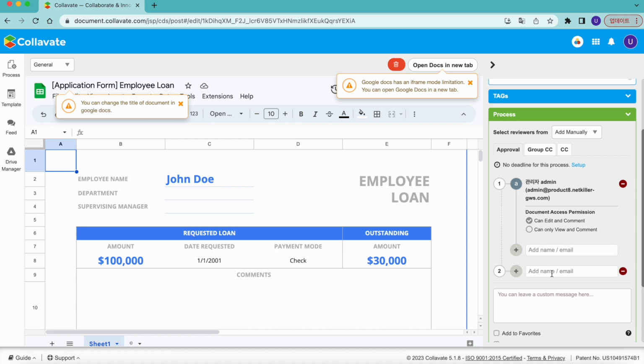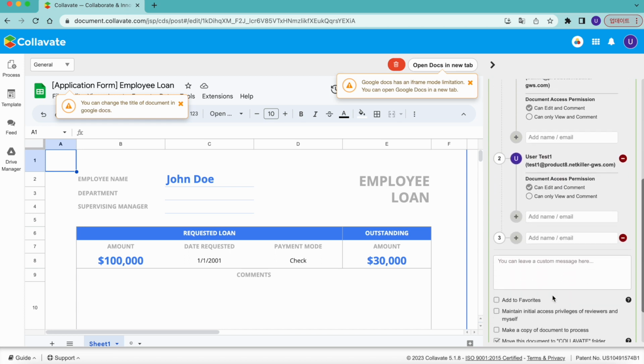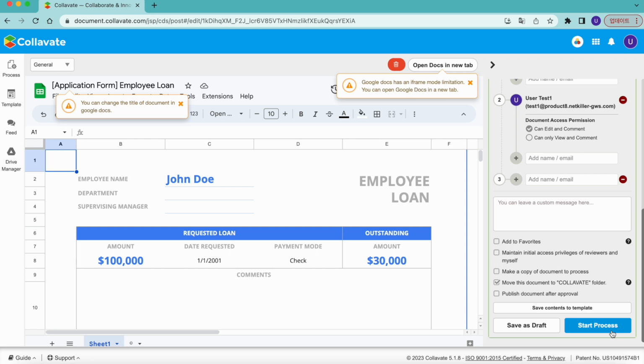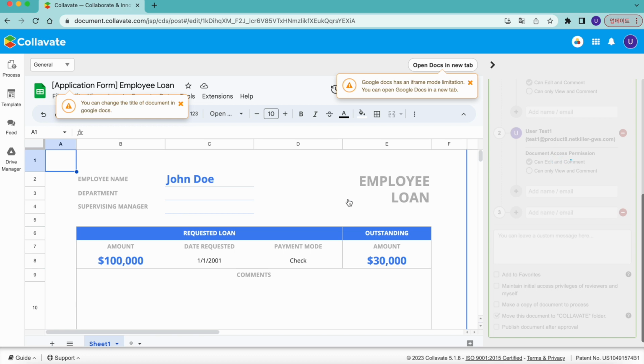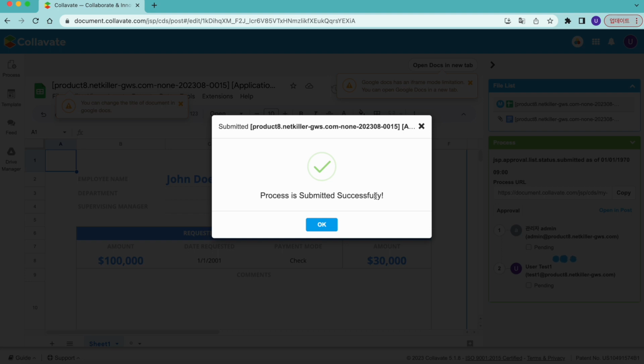Now, before you submit your approval request, please check if all of the information has been written correctly. And if there's nothing else to edit, click Start Process to submit your form for an approval. If your approval has been sent successfully, you will be able to see a message after a few seconds. FYI, this brief delay is not a lagging glitch. Rather, it is processing the document to be securely stored in your Document Manager's Drive, as previously mentioned.